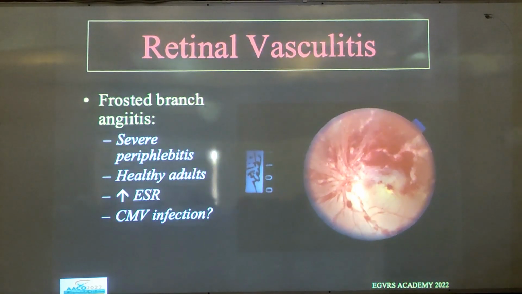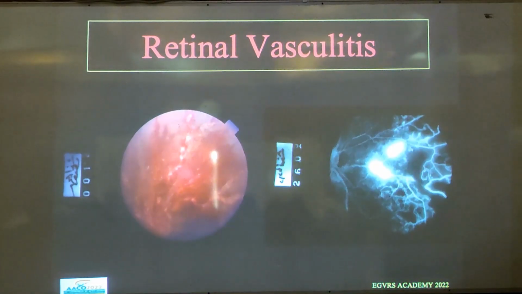العيان ده بيجي. This is one of my patients here. This is an absolutely healthy female who came with bilateral picture of عامله زي central retinal vein occlusion. But this is not a central retinal vein occlusion. This is a severe vasculitis taking both eyes. So it's a severe periphlebitis. Only thing is elevated ESR, and it is presumed that it is a part of a cytomegalovirus infection and the cytomegalovirus vasculitis. And what happens is they develop later on